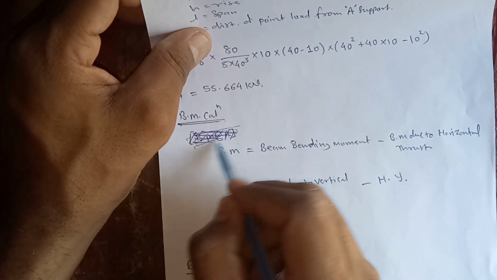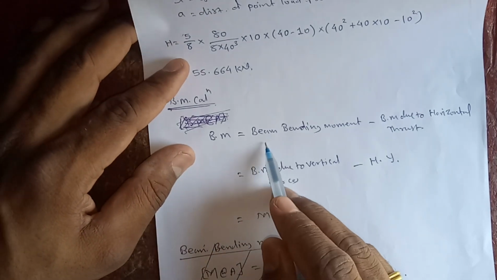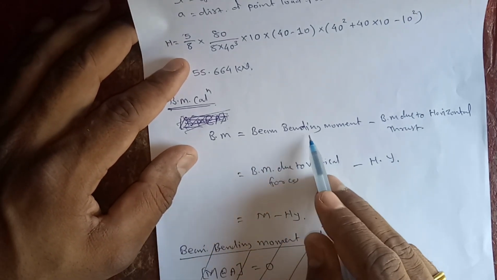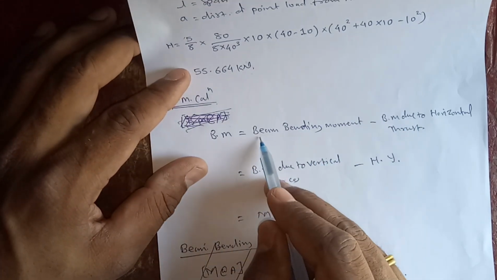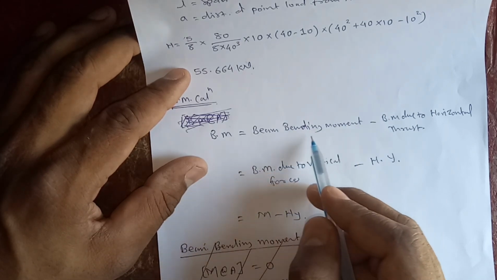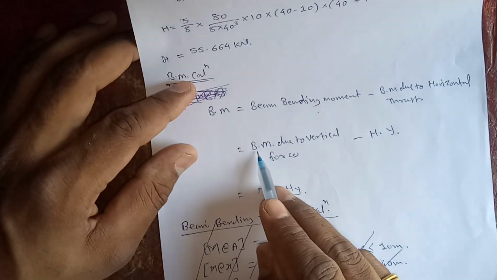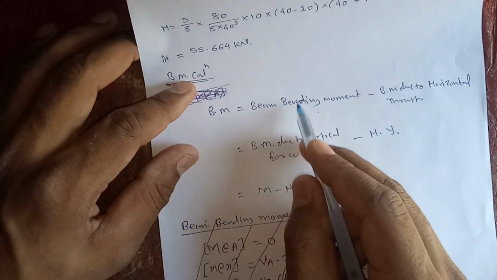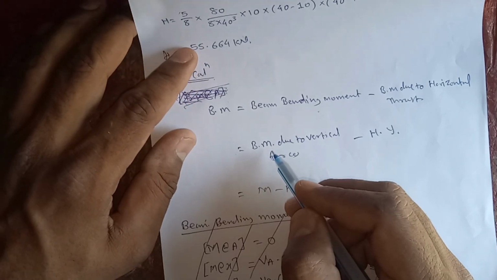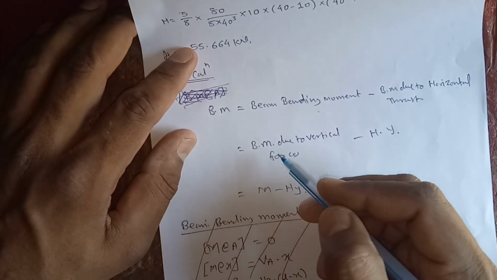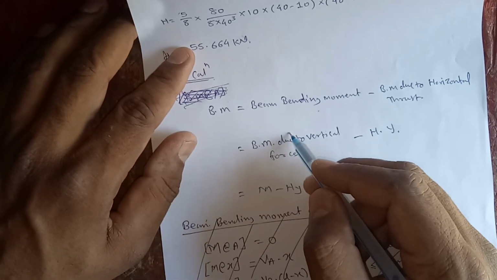In the 3-hinge arch we already discussed how to calculate the bending moment diagram for an arch structure. Typically, the bending moment for an arch structure is equal to the beam bending moment minus the bending moment due to horizontal thrust. The beam bending moment is the bending moment due to vertical forces, and the other is due to horizontal thrust. The beam part varies like the bending moment diagram of a beam. For a point load, the bending moment between 2 points varies by a straight line, but for a UDL it varies by a parabola.